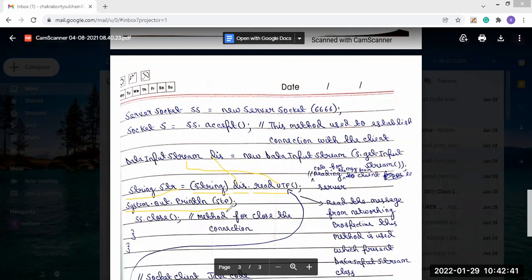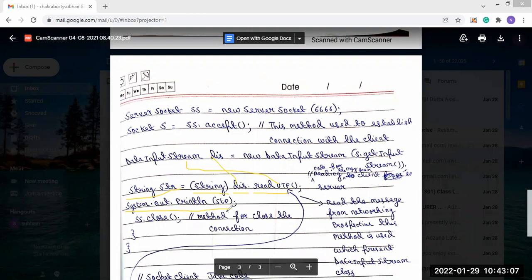The connection we first established using the accept method. After receiving the message we printed it, and after printing the message all our work has been done.